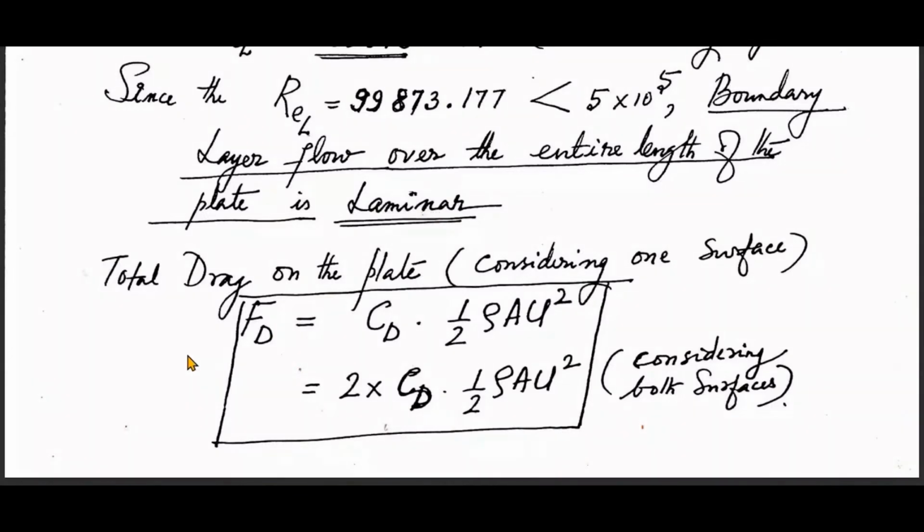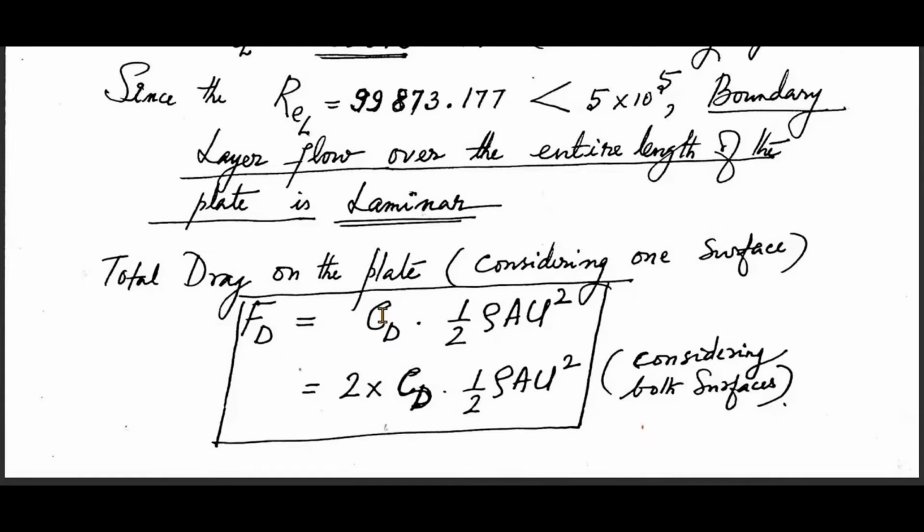Now, in the morning session, I told you about the drag force on the plate. How do you find it out? Using CD, the coefficient of drag, or what we call the average coefficient of drag. There are many correlations available to find the coefficient of drag, but we will use a prominent one, because based on different velocity profiles the average coefficient of drag may be different. If you want to memorize a particular correlation for the coefficient of drag, it is better to use the Blasius correlation because that is an important one.